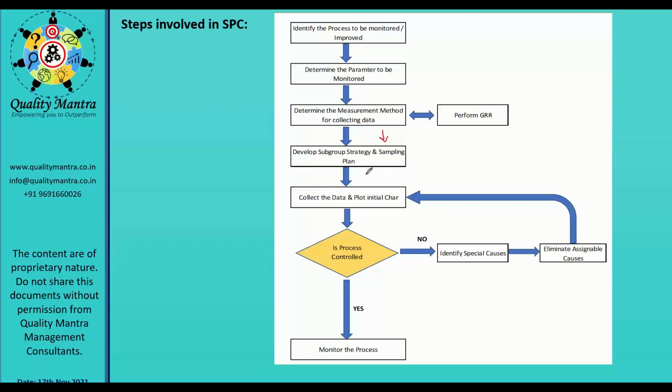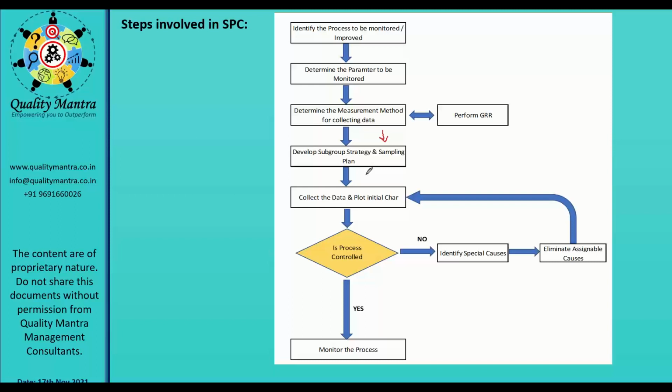That will not give you the true indication of the process variation. Like when you want to plot the control chart for your arrival in the office, you need to take at least 3 weeks of data. That will give you the total variation present. Otherwise, if you take only 6 days of data, it may give you the wrong indication of the control limits. That's why you need to collect data for a significant period of time.